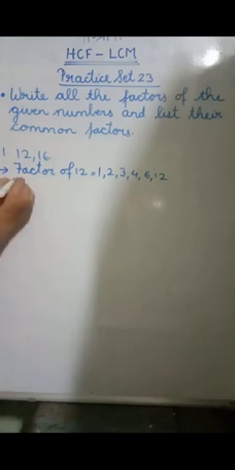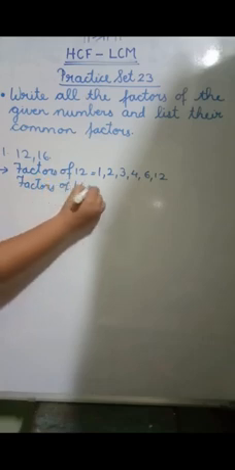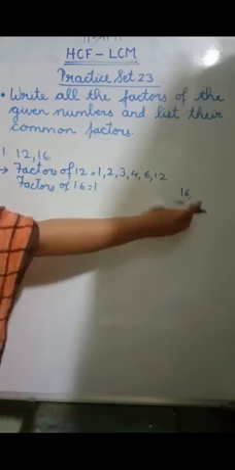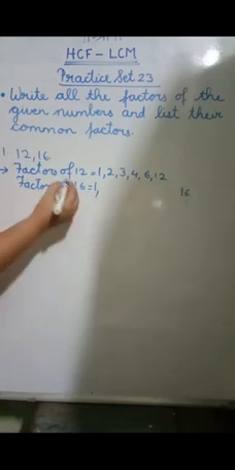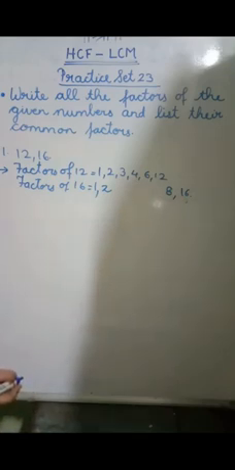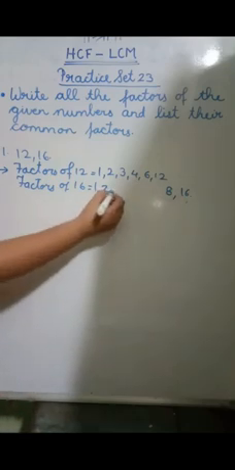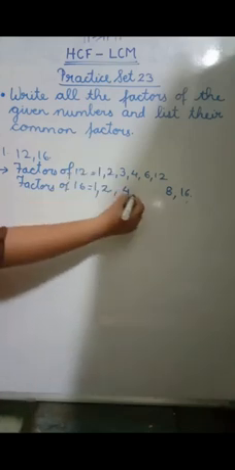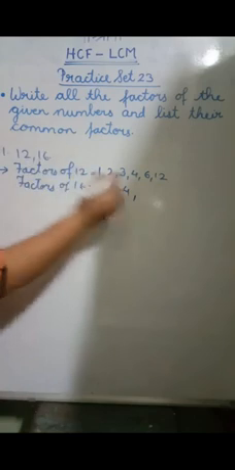Next, we have to find the factors of 16. 1 table, 16 table, so 1 and 16. Now the 2 table, surely 2 eights are 16. Next, the 3 table, no, 3 fives are 15. No. The 4 table, yes, 4 fours are 16. Did we get a pair of this? What is that? 4 only. So let it be. If a gap remains, okay, otherwise you can write it. First write with a pencil and then make a fair copy. Anyhow, okay. So 1, 2, 4 and 8. Did we get the factors?